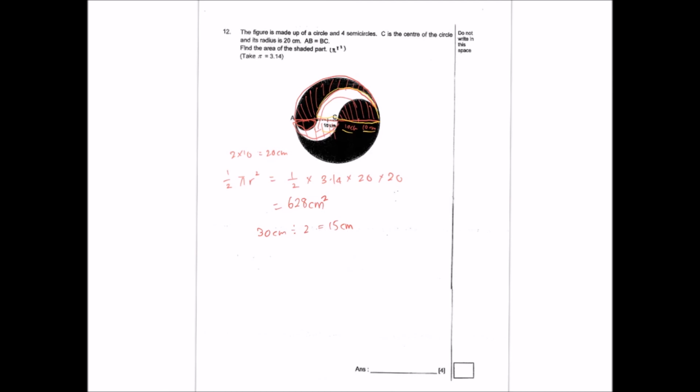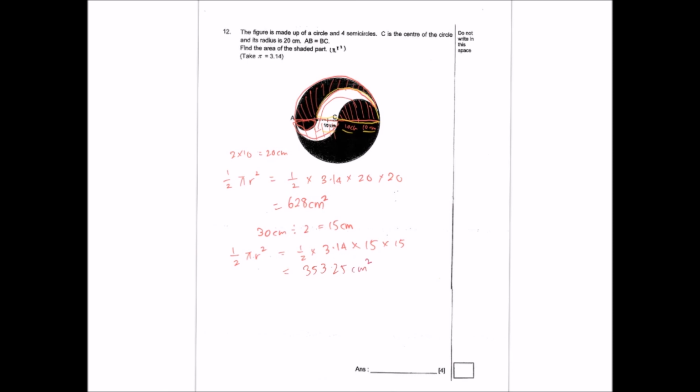Now we again apply the formula half pi r square. So half times pi, which is 3.14, times the radius, 15 times 15 again. This will give us the answer of 353.25